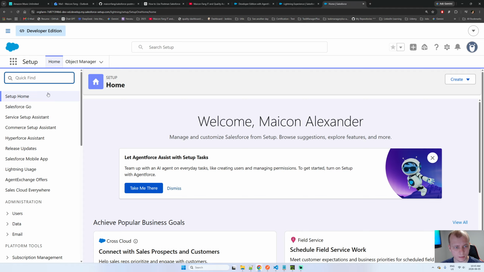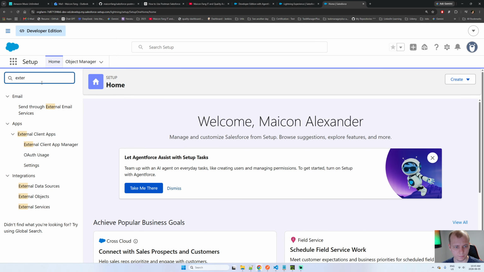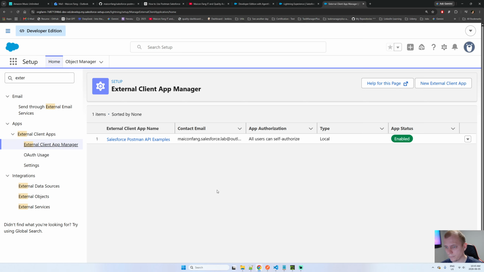In this search, we can type external. Okay, this will be very useful for us. And here we have some options. Right now, I use this option and this option. This option is so important to the settings in here. But first, it's here. Okay. And of course, here I already created one, and I open this